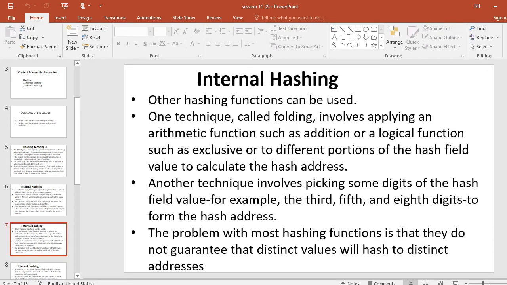Another technique involves picking some digits of the hash field value, for example the third, fifth and eighth digit, to form the hash addresses. The problem with most hashing functions is that they do not guarantee that distinct values will hash to distinct addresses.